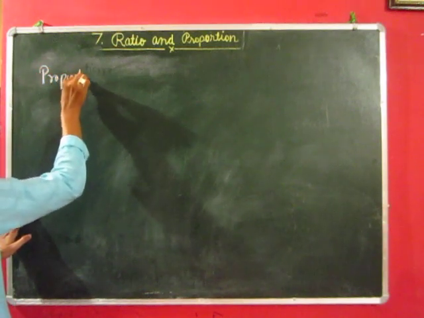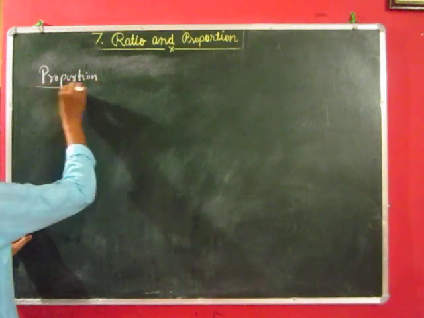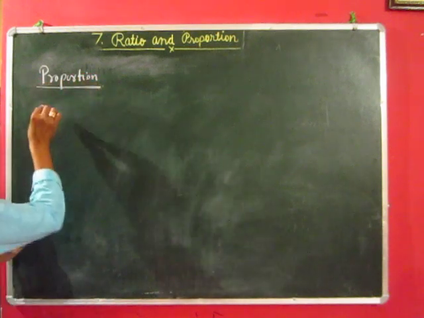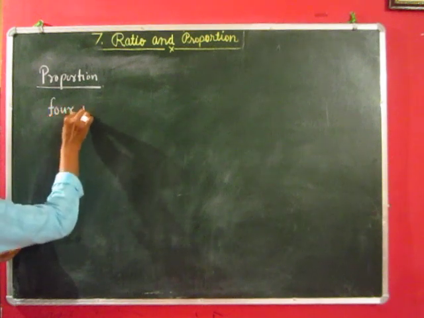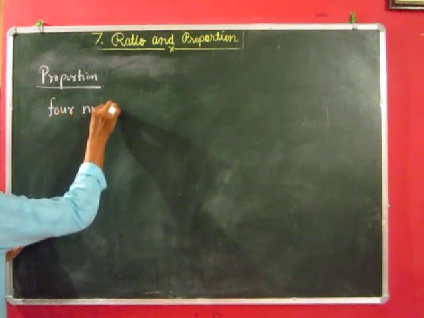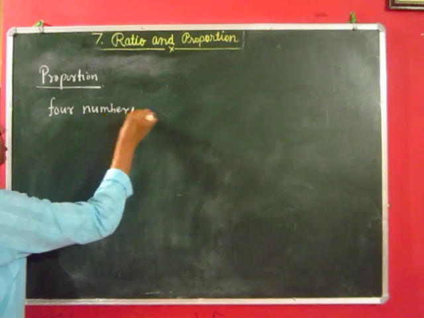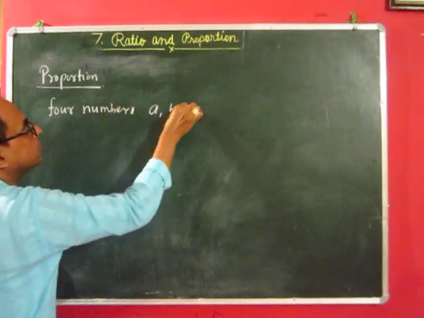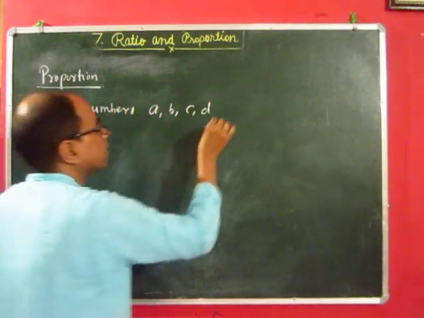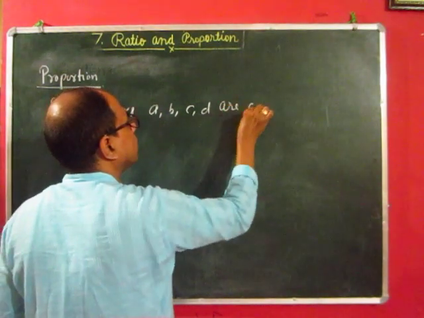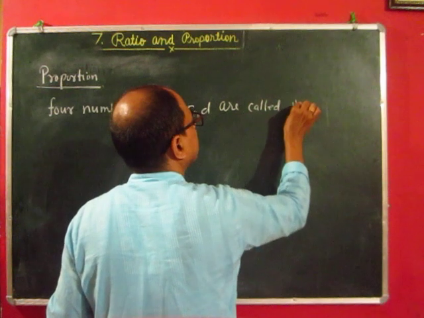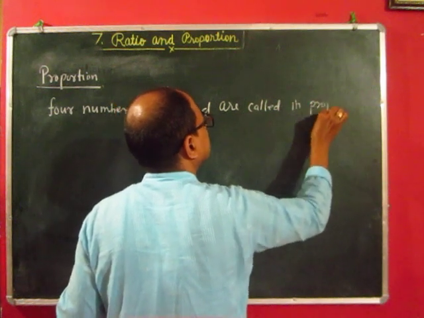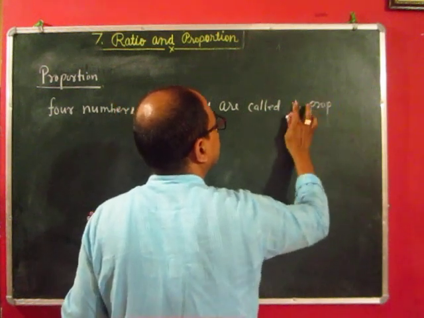Four numbers, say A, B, C, D, are called in proportion, are called proportional,